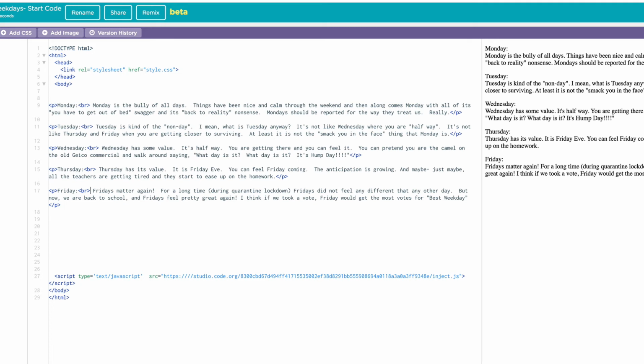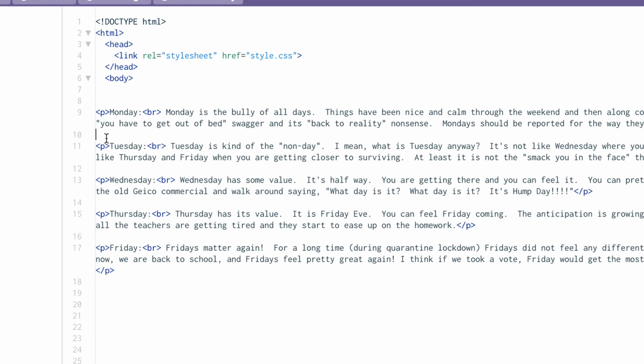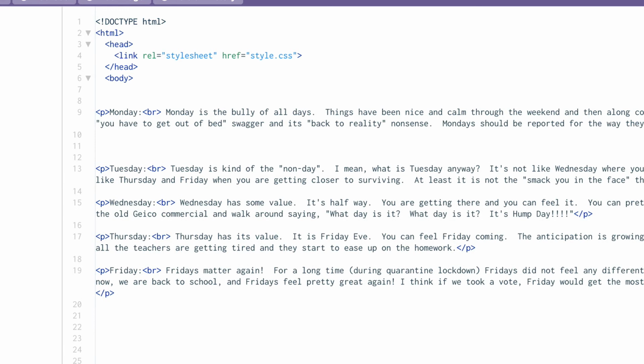Okay, now here's one other thing we're going to throw in here, and this would squeeze in between each day of the week. I'm going to click in here, and I'm going to click on line 10 of this code and press enter a couple of times. I like to spread the code out a little bit. The browser doesn't really care, but I think it makes it easier to read if the code is spread out. So by pressing enter and moving around, I'm now sitting at line 11 with my cursor,